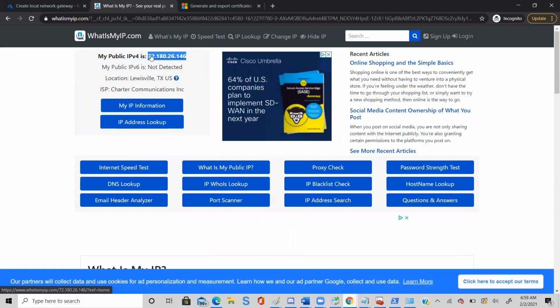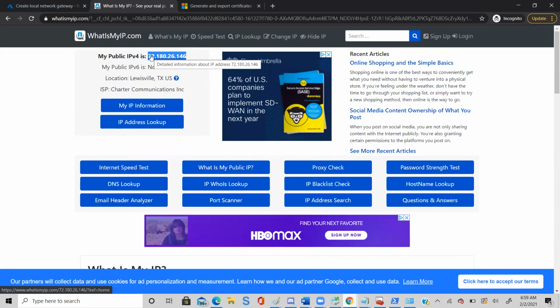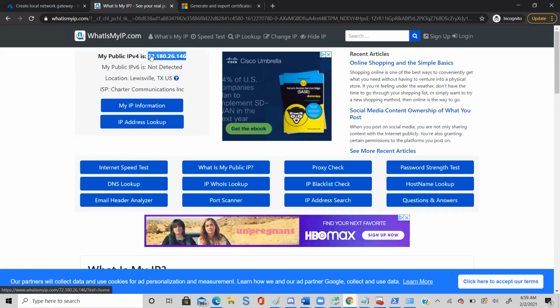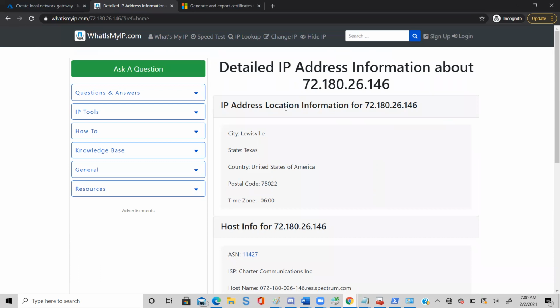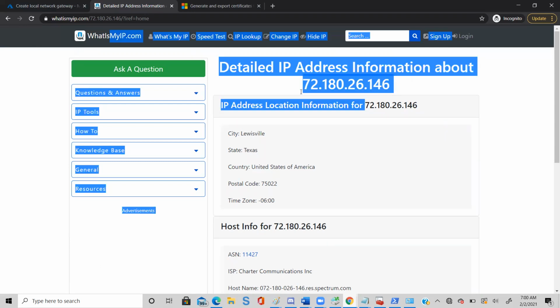So I just copy this IP and put it into the local gateway. Put it where? Right click, copy. Not able to copy. I copied, but it's not working.